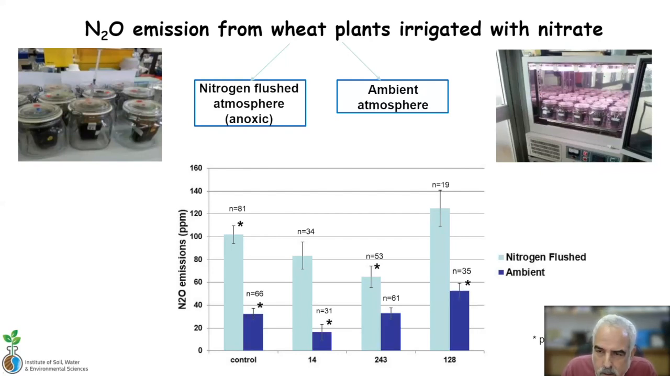In aerobic condition, as denitrification is not so popular by bacteria that have oxygen, the control have about a little more than 30 ppm. Bacteria number 243 was not efficient. 128 was bad again, but bacteria number 14, isolate 14, lowered the emission by approximately 50%. So in pots, the bacteria did what was expected for them. They reduced the nitrous oxide in the soil, in the root system, minimizing the emission by up to 50% in